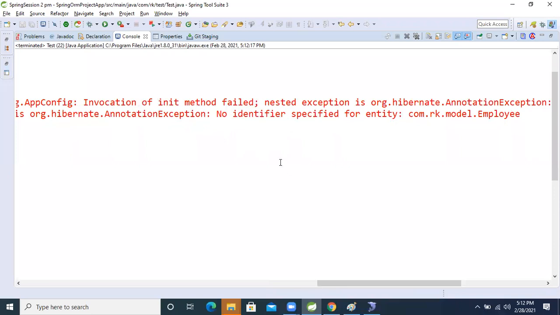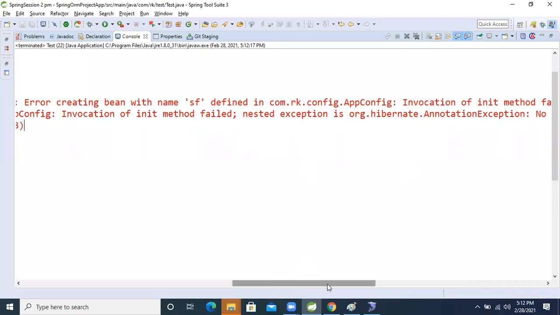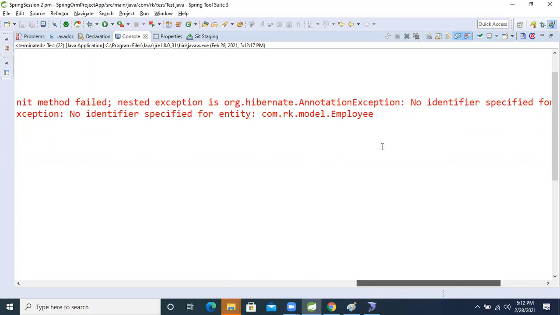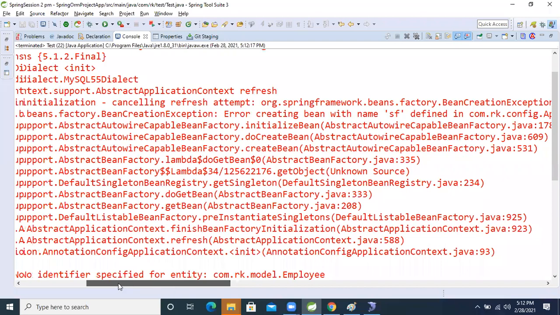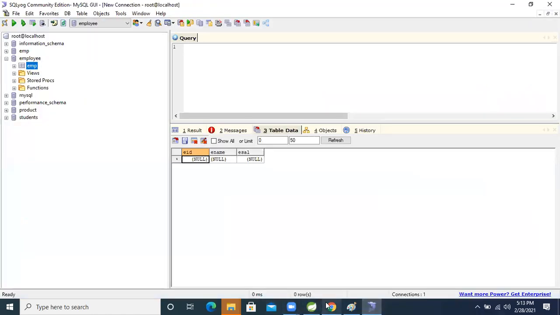ID is the short form of identification. So our IOC container is saying that there is no identity for the employee class. Because of that, we failed to run this application. So one point you got: without the ID, our Hibernate and Spring ORM application will not work.